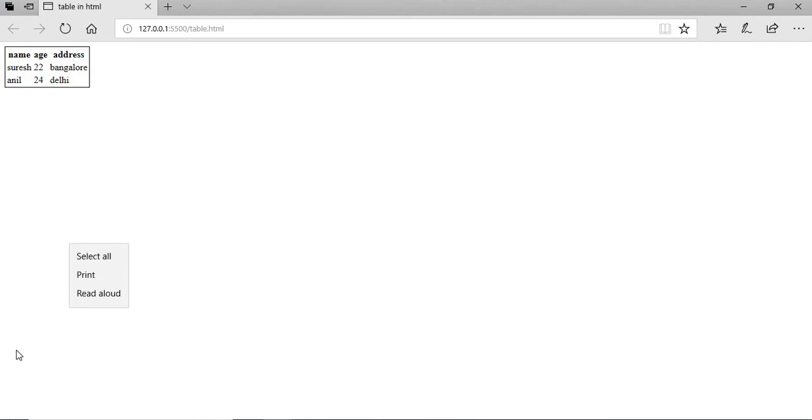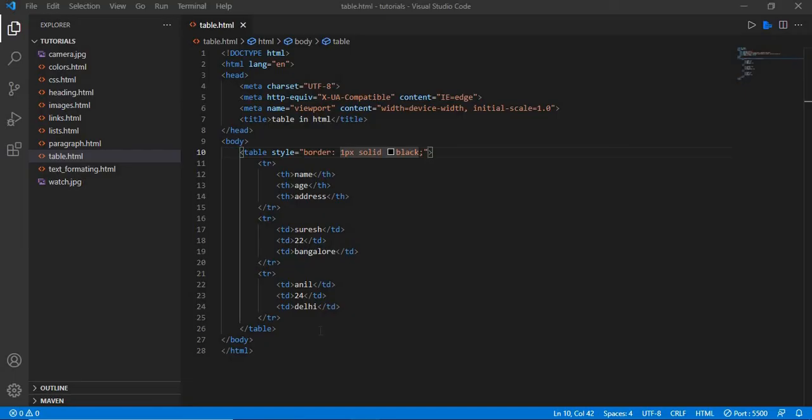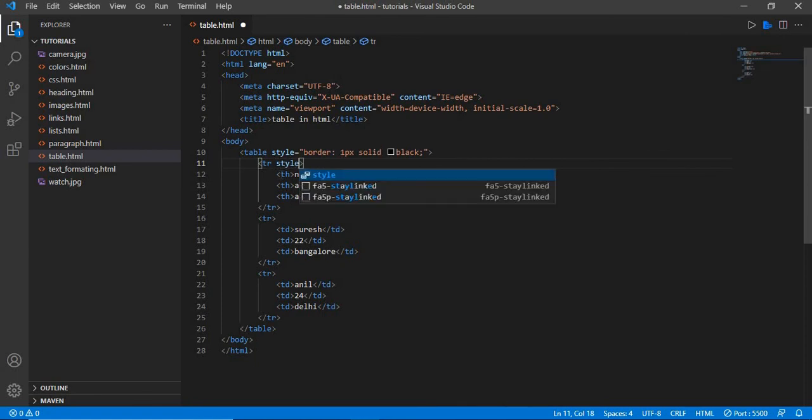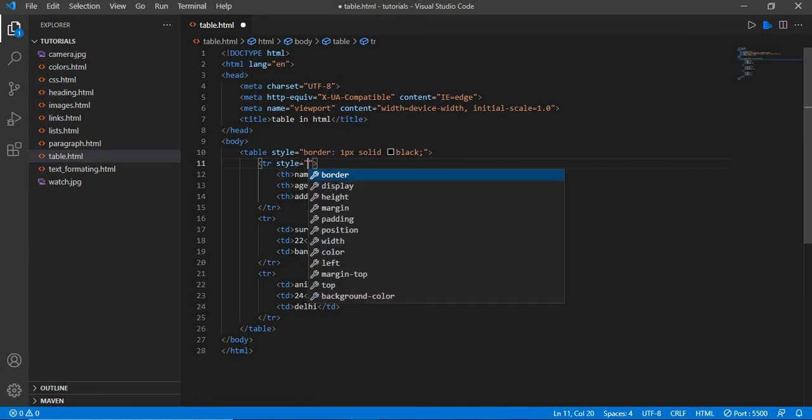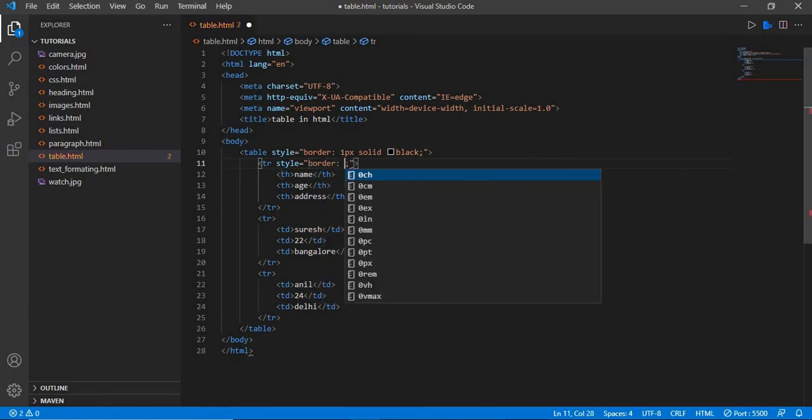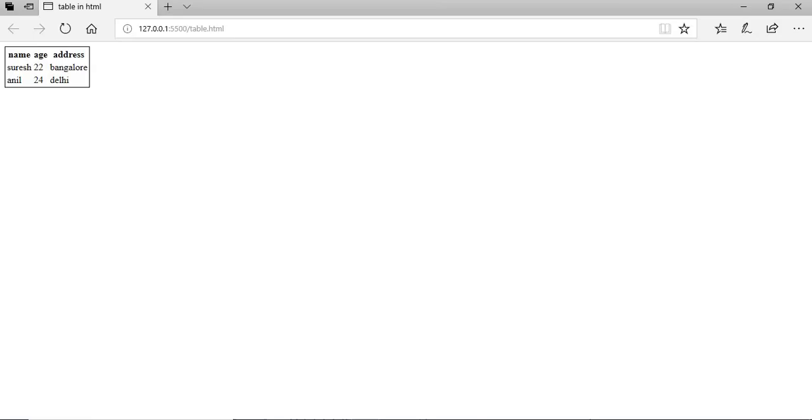We can add a border for our first row also. For that, in the tr you have to give the same thing: style border 1px solid black. We'll save it and refresh.